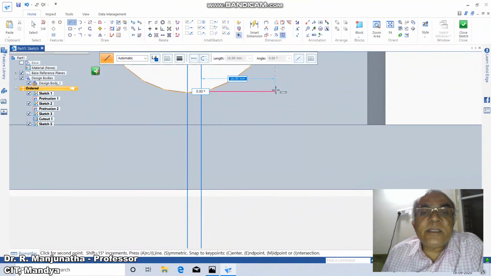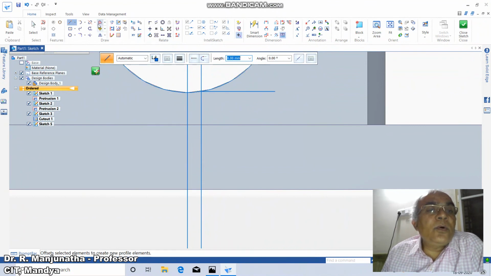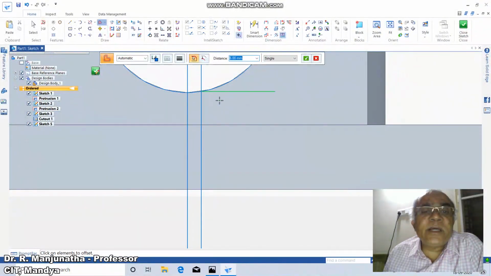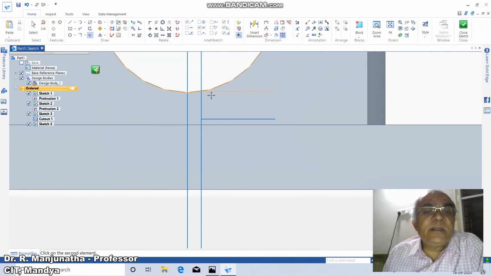So go to offset. Now I'm going to take line, I will consider this as the intersection line and then create this horizontal line. From here you should take, don't take it from here. Then go to offset, the distance is 6 mm, so you take from here the 6, then go to trim corner between this line and this line, trim corner between this and this, and between this and this, and between this and here.